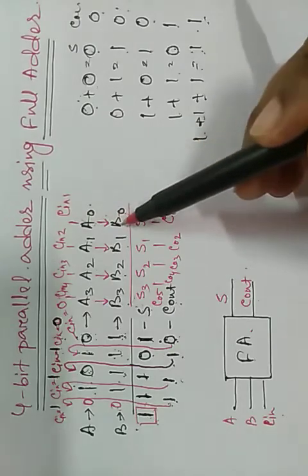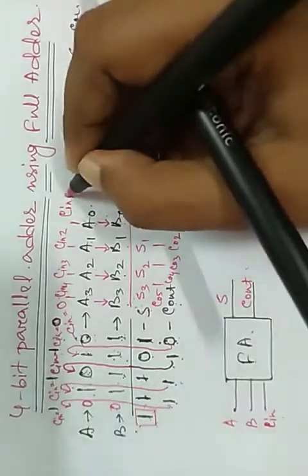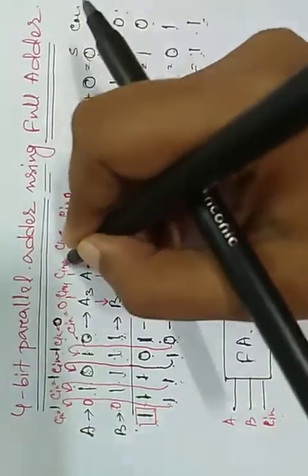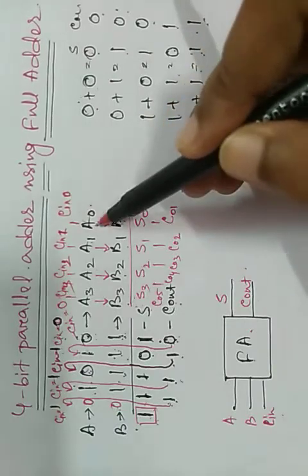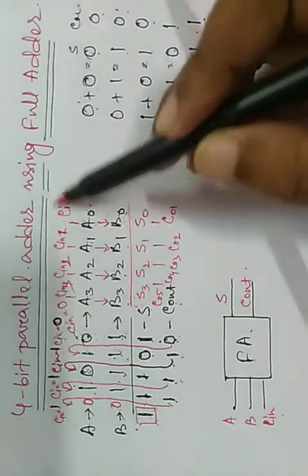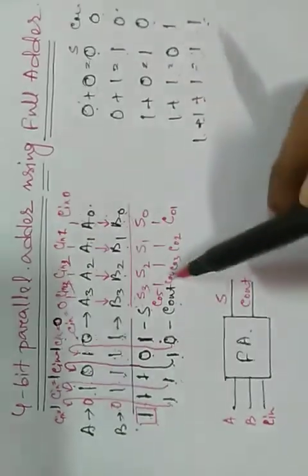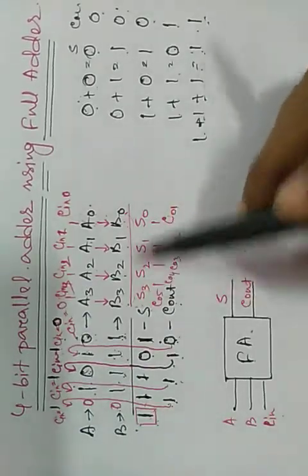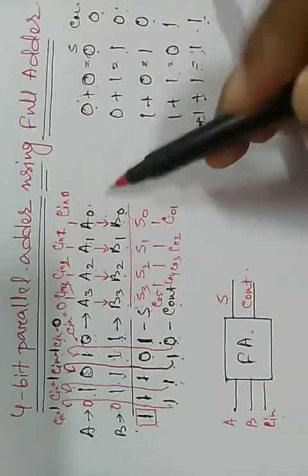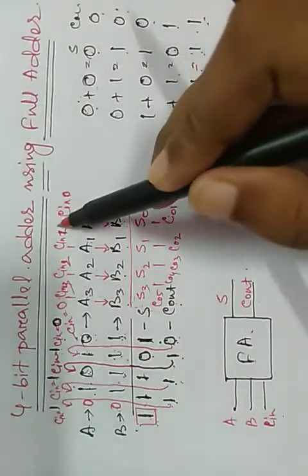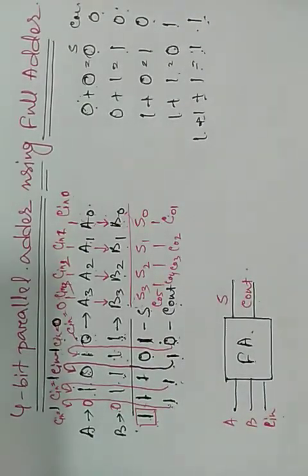C in 1, A0, carry in 0, carry in 1, carry in 2, carry in 3. I have started with 0. So C in 0, A0, B0. Okay, so carry in may be 1 or 0. C out may be 1 or 0. Sum may be 1 or 0. We don't need that what it would be. Okay, but every time it adds 3 bits this way.